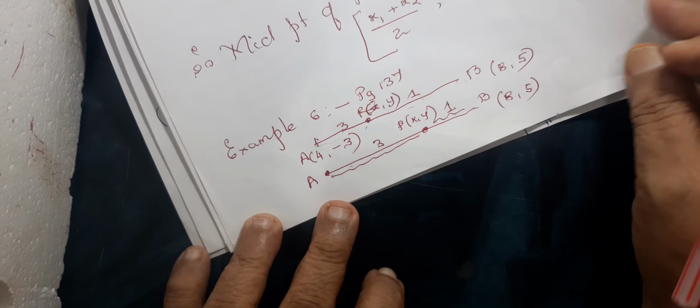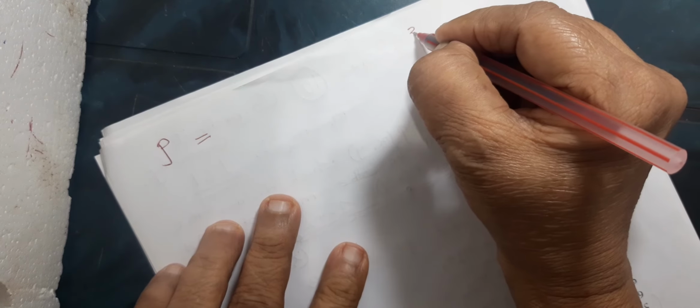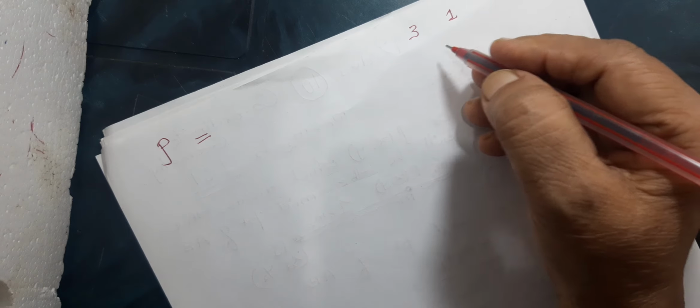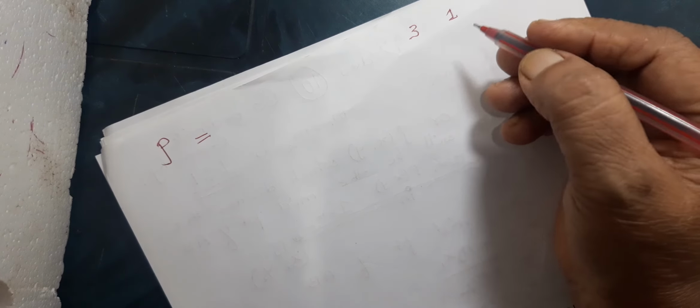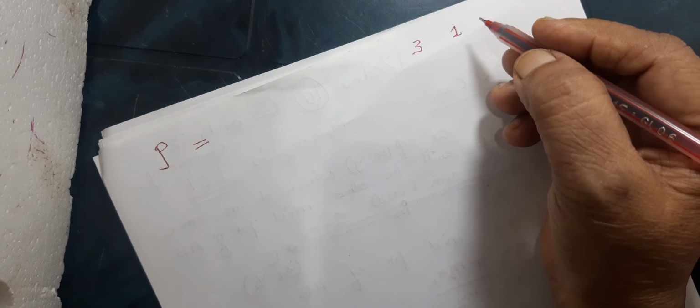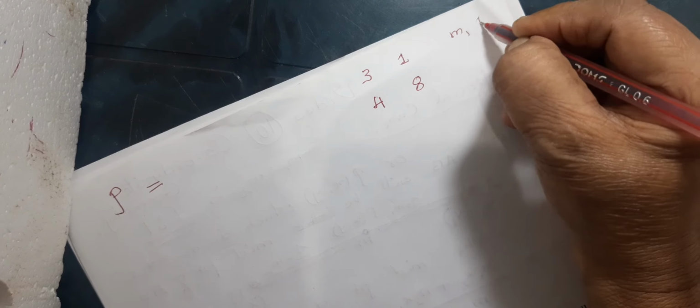So now we have to do this sum. I have to go to the next page. So the coordinates of P, what I'll do is, I will write here the coordinates. I will write my m1 is to m2, what I did for you. This is easier for me. So that's why I write 3, 1 here, and x1, x2 coordinates I will write here: 4 and 8. So I hope you will remember this.